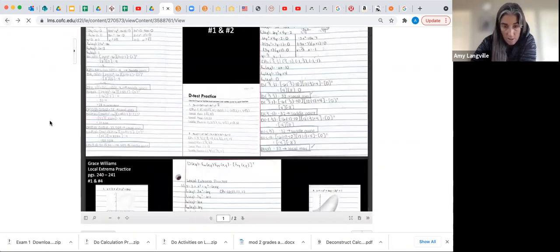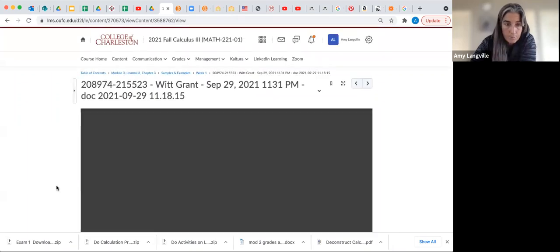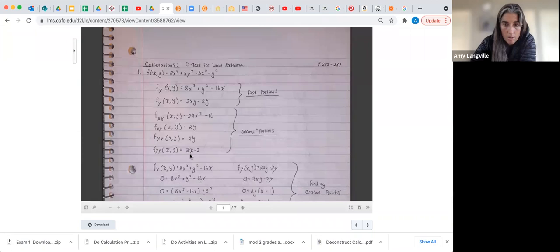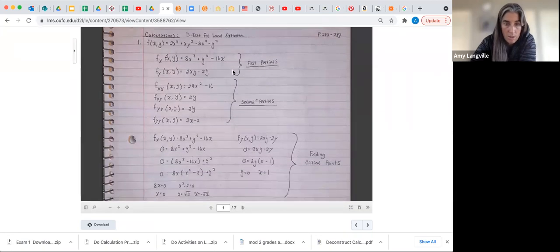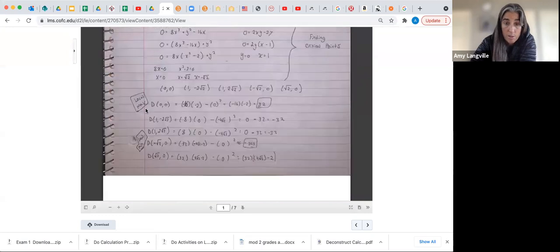And then another one that I thought was really clear and organized is Grant's. Okay, again, it's really clear what he's doing here. I got my partial, I got my second partial. Hey, I'm going to go find critical points. Listing the critical points, putting each one of those in, showing the formula there, each case, the negatives,